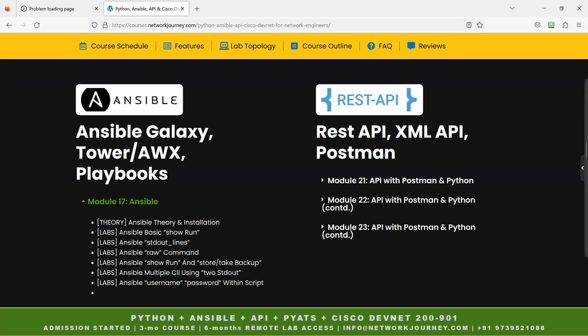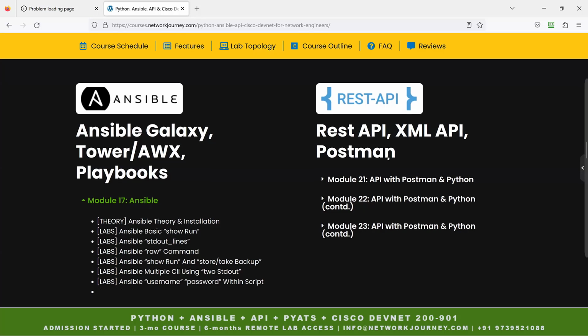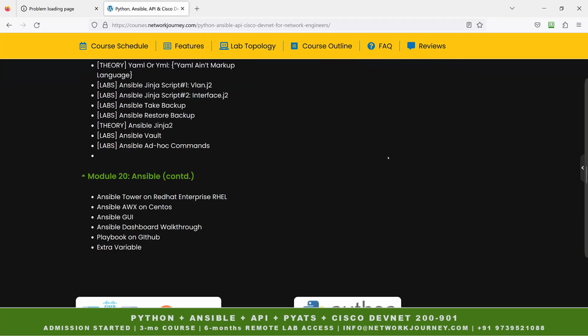So we'll talk about REST API configuration and NETCONF automation. I'll again be discussing from a multi-vendor perspective. We will discuss the API automation for Palo Alto, F5, and Cisco devices, so that when you see more examples, you will have more grip on that particular topic. Then after that,